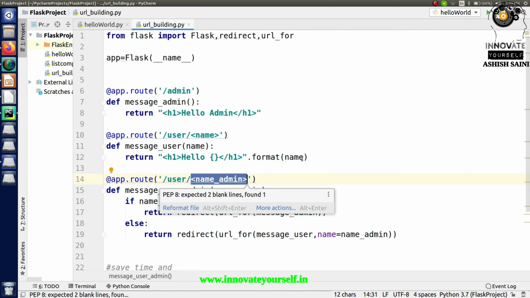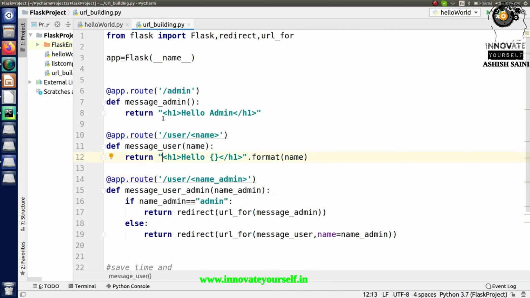But in today's session we want to replace this part, because right now, whatever I have to get in the output, I have to pass the values in here, and I have to pass the HTML tags along with that in the return part. This is what I was doing.